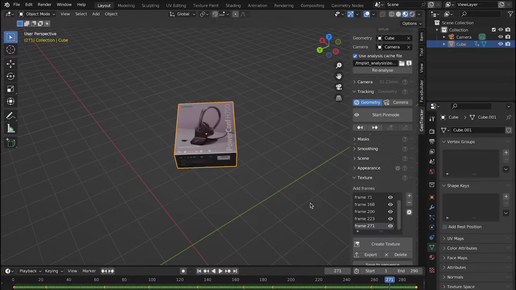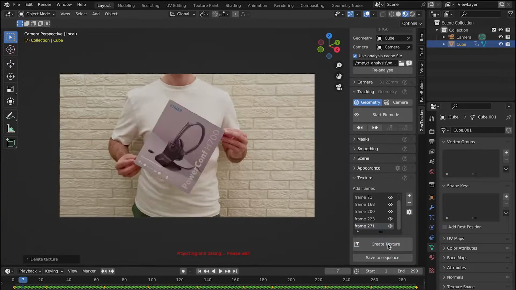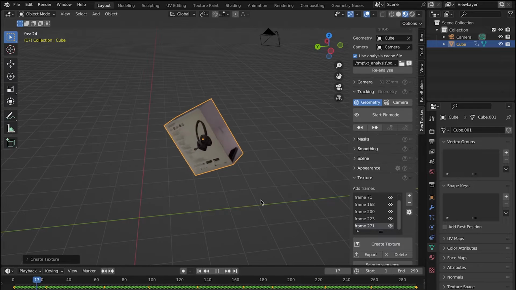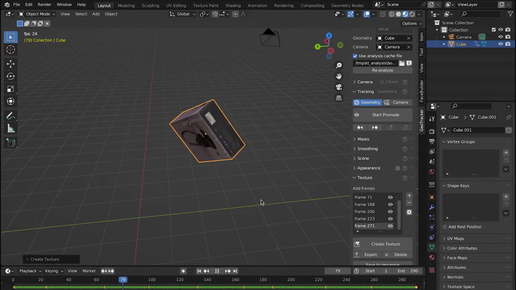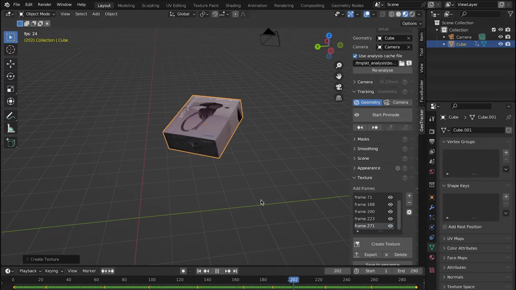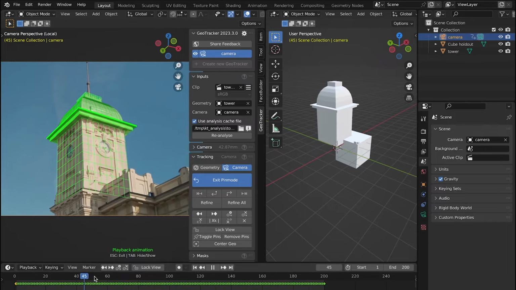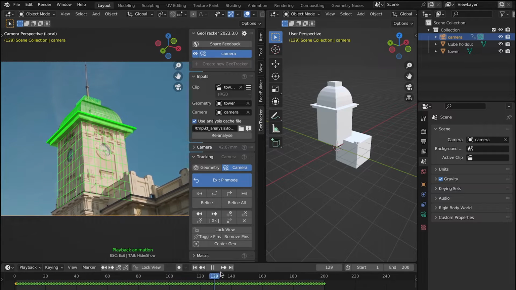You can also delete the texture from your model with this button. The frames we used for snapshotting our texture are gonna stay though, so you can recreate it anytime. So these were the very basics of GeoTracker texturing in Blender. Now let's go ahead and see how we can use this technique for adding visual effects or CG elements to live action shots. Here's a shot in which I tracked camera using a very simple model of the cupola, which